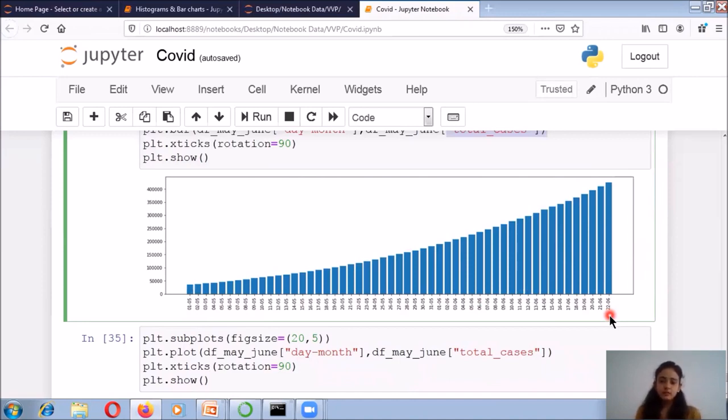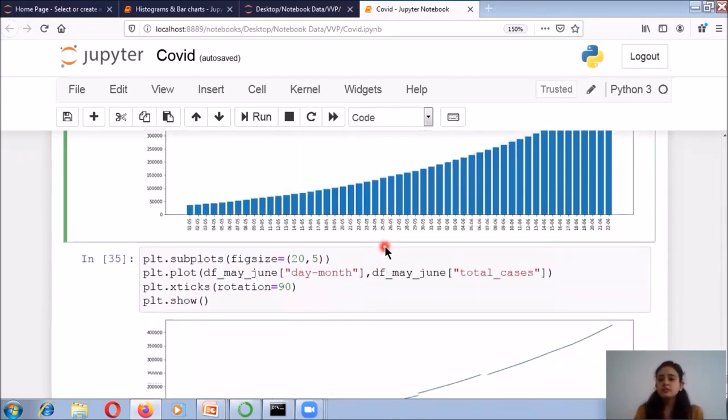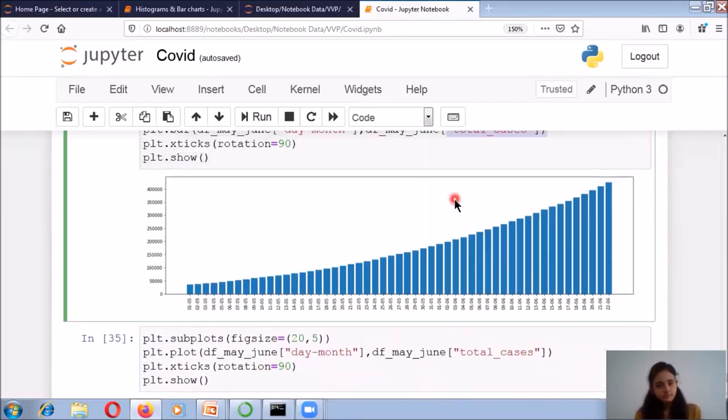I have plotted this graph, and you can see that the COVID-19 cases are increasing exponentially. This is how the media and other organizations are doing the analysis. So this is the simple bar chart. Keeping it till here. So thank you all.